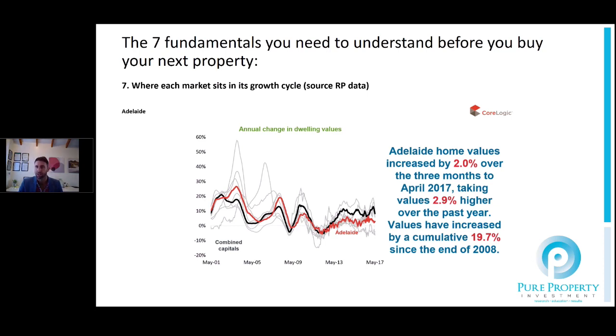Maybe a little bit in the more in-demand markets, in those inner eastern markets closer to the coast, the Glenelgs and such, which are naturally bordered by the city and have very little available stock, and are probably going to be those more affluent markets which will perform okay. However, cash flow in those markets still doesn't sit fantastic, in my opinion. We're probably talking 3.5% to 4% gross yields, which for some people might be fine, but for me, I like to chase a little bit better than that if I'm going to hold a higher priced asset and rely on growth over the long term.